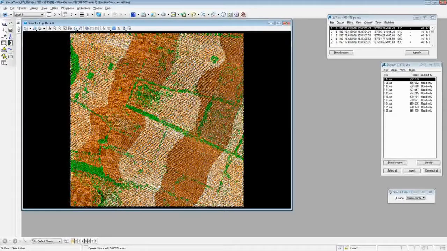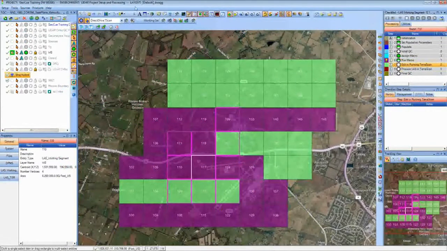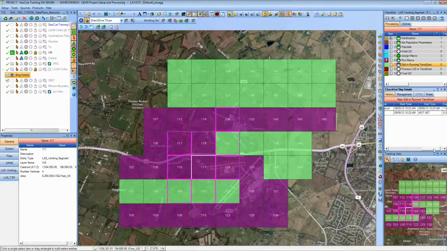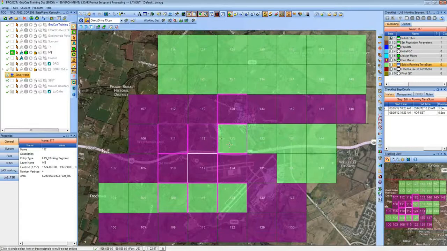So having launched into edit mode, this particular block has now come up. That means I'm looking at a single block in edit mode. You can see it's loaded in here as 117.les. If I look in my GeoQ, I've got my GeoQ step, and my 117 here is running the edit and running TerraScan step. It's in progress by me, and I'm recording my information. So I'm in there editing just that one particular block,